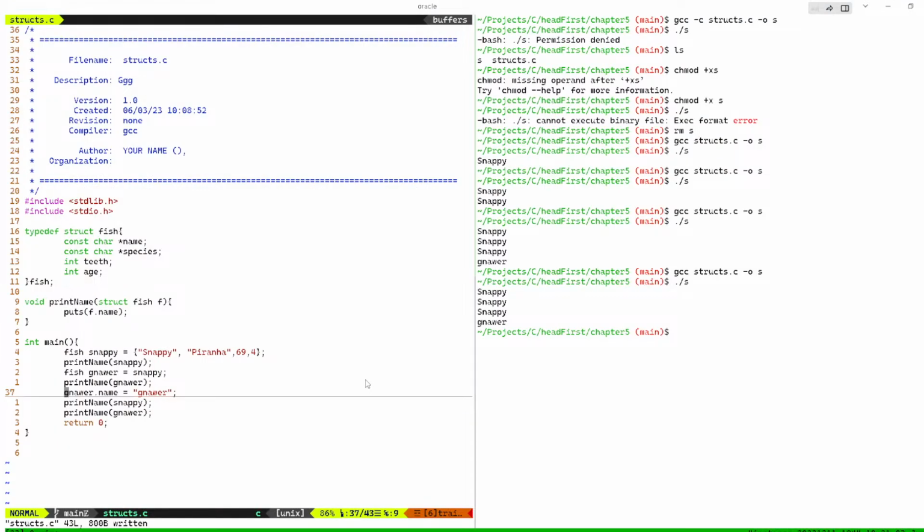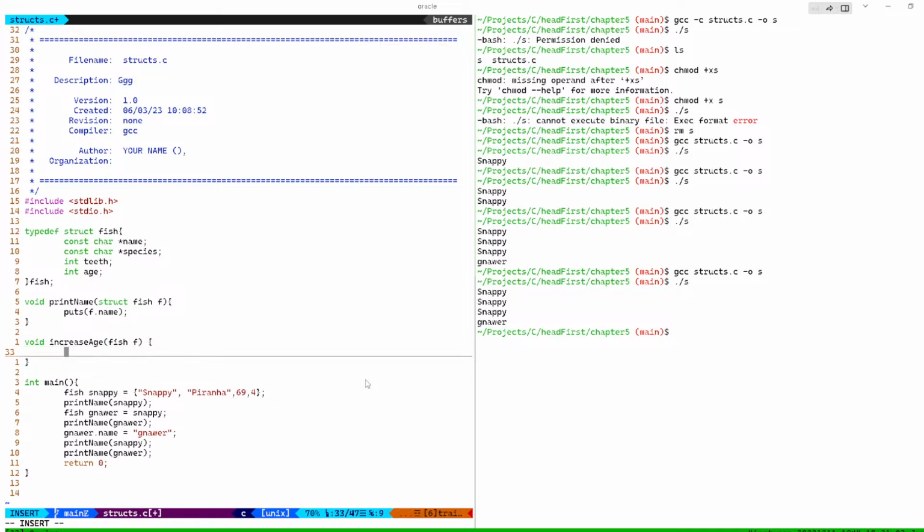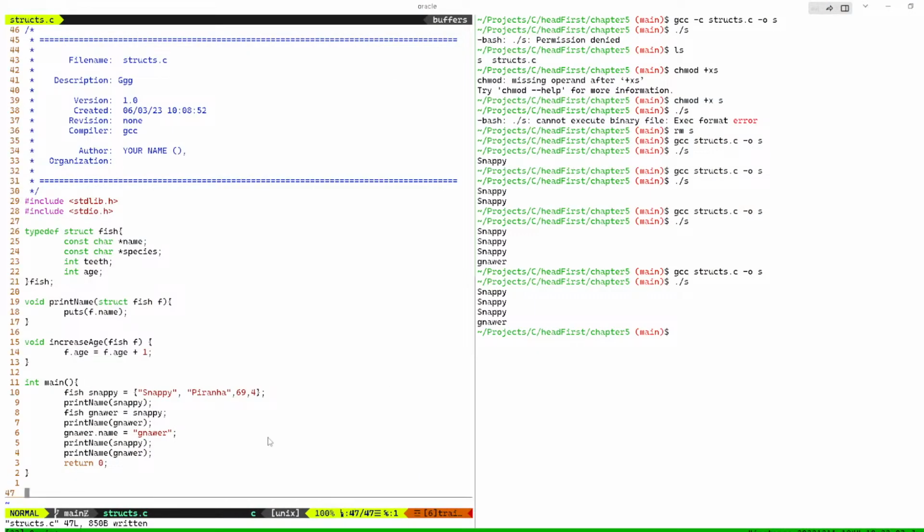What it is trying to say is, if we try to create a method void increase age, and we are going to pass here fish f, and f dot age equal to f dot age plus 1. Okay, this is the only thing it is saying, that we are increasing the age by 1. And then at the last, what we can do is we can call this method,